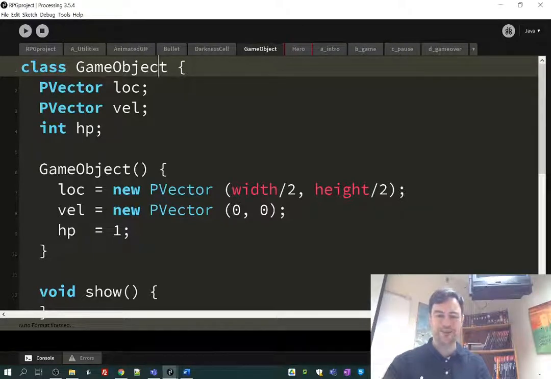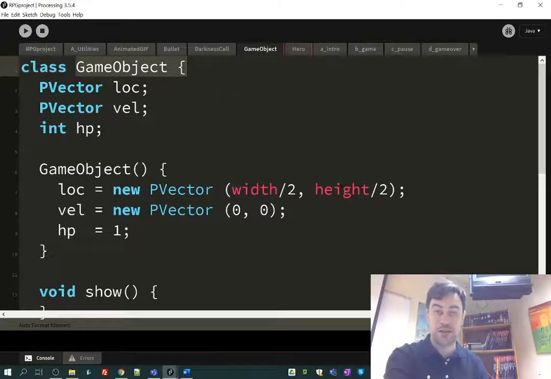Hello, Programming 12. We're going to take a look at the GameObject class for our new dungeon crawl game. This is going to be the foundational class upon which all of our game objects are made. Whether it's a hero, a bullet, an enemy, you name it, all of those classes will be built on this